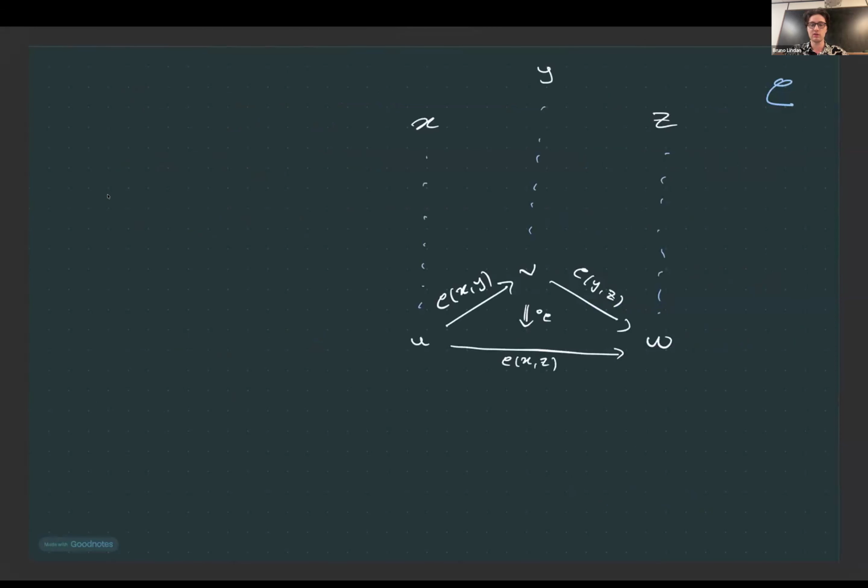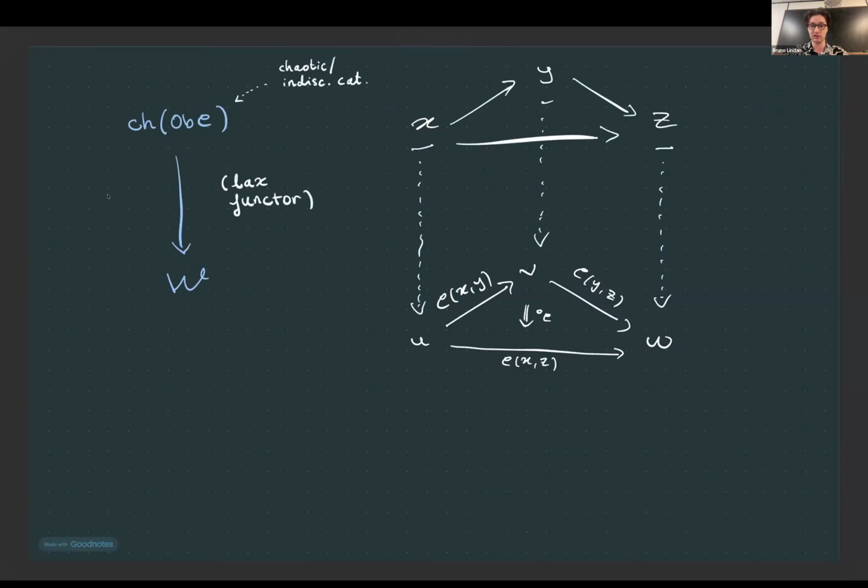Maybe this is not enlightening, I don't know if you find it so. Everything in C, you can picture lying over something in W. And in fact, if you like this kind of thing, it turns out that all of the information of being enriched in a bi-category can be packaged up quite neatly as a lax functor from the indiscrete category on the set of objects of the enriched category. So again, what that means is for each object in ob C, we choose an object of W. And because it's the indiscrete category, we'll pick exactly one arrow from U to V if X is over U and Y is over V, and so forth.